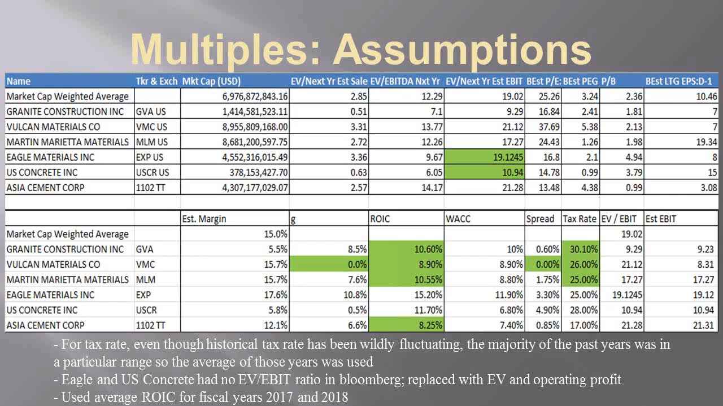And third, we had to use the average ROIC for fiscal years 17 and 18 instead of 15 and 16, because the 15 and 16 ROICs would have resulted in a negative spread, and the growth was unbelievably bad. And as you can see, Vulcan has a zero spread because the ROIC and the WACC are equal. Which means that